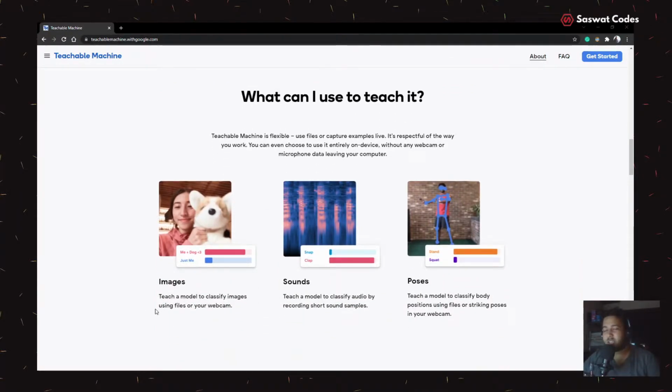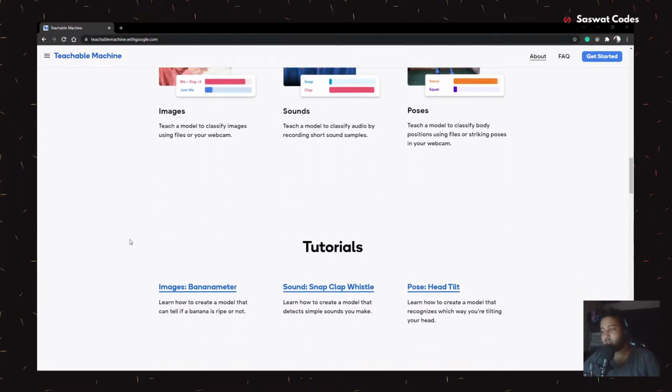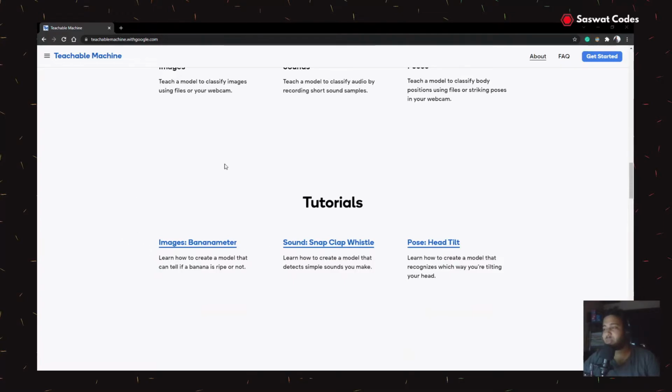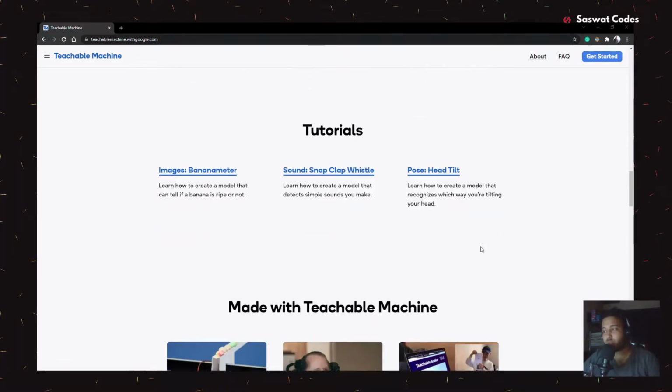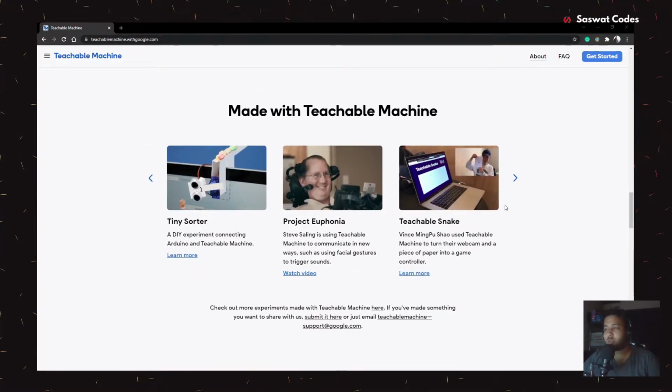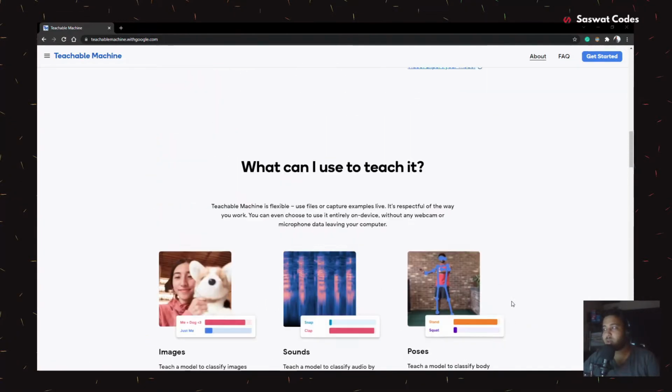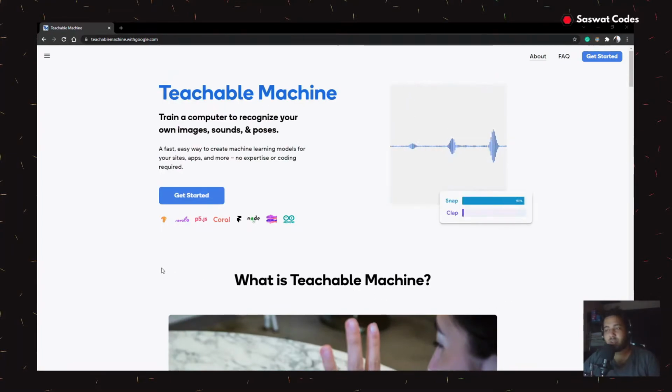So basically, other than data science, in machine learning we have three main purposes, that is image, sound and pose. So all three can be done through this website and without coding. That's right. So we have some little tutorials regarding each of the subcategories, like for images, sound and pose. So you can go through that also. And also we have a project section where awesome developers make projects using the Teachable Machine and have published regarding that. So you can also visit over there. So you can read the whole documentation over here. I will give all the links in the description.